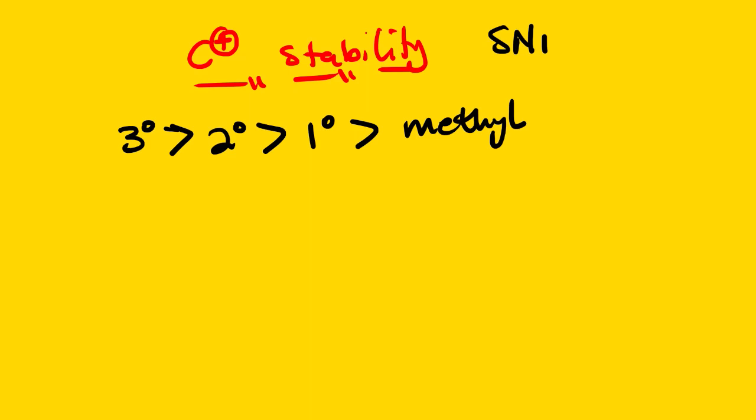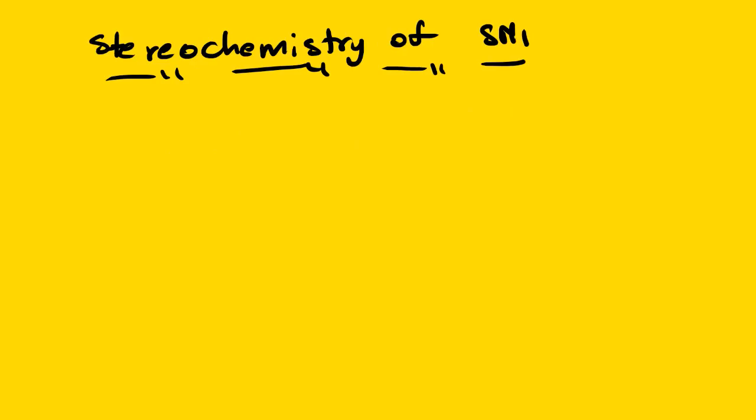And SN1, it's a 2 to 3 step reaction. Now the next concept I want us to cover is the stereochemistry of SN1. To recall, we know that the SN2 reaction is stereospecific when it comes to the attack of the nucleophile. Now if we look at one of the examples that we've looked at,